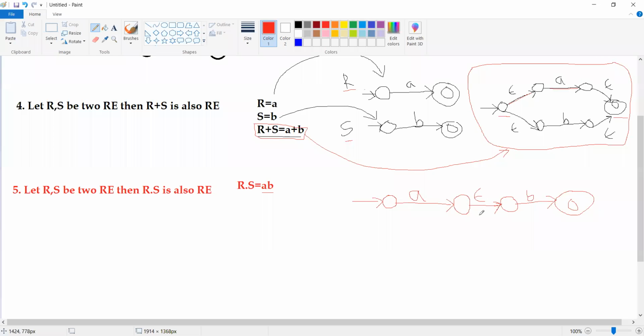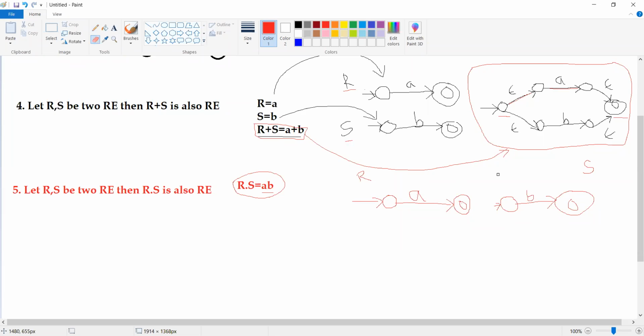Earlier, individually, these are the finite automata. This is the finite automata for R and this is the finite automata for S. Now we need to construct a finite automata for R into S, that is, R concatenated with S. Please remember, the final state in A is this one.